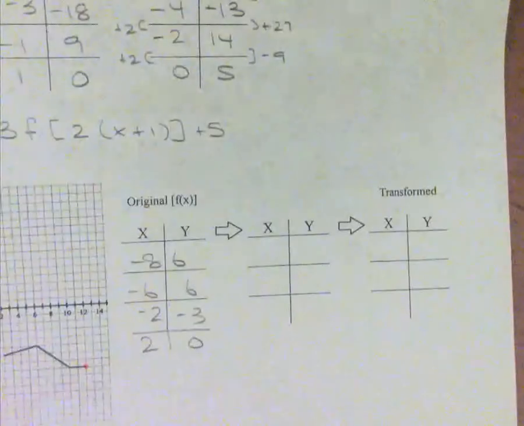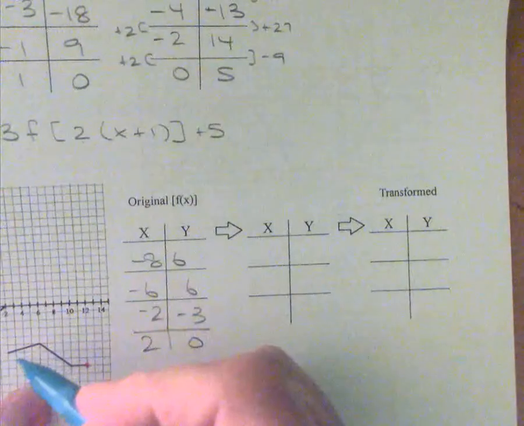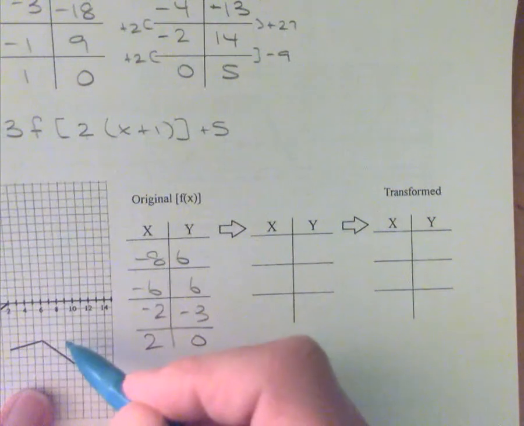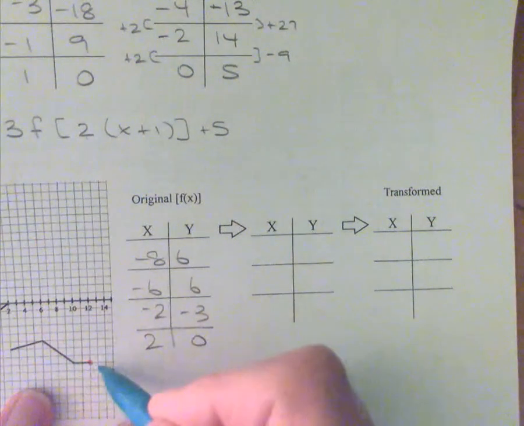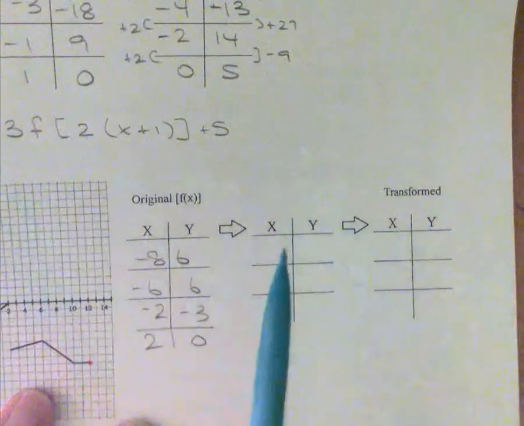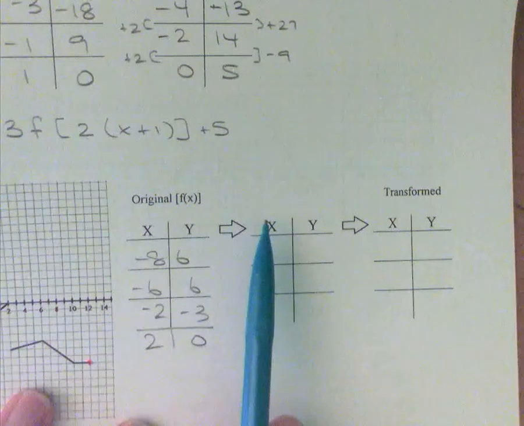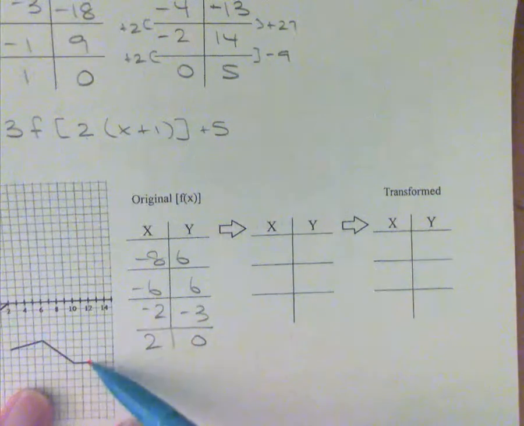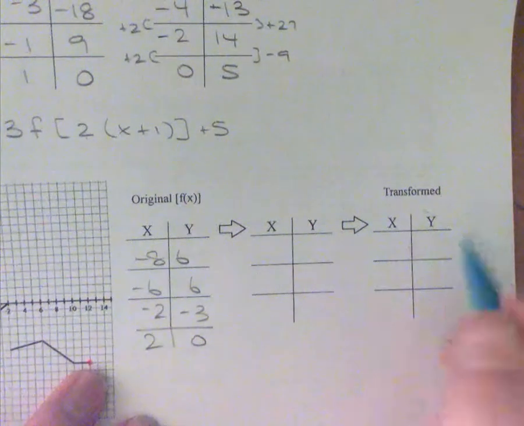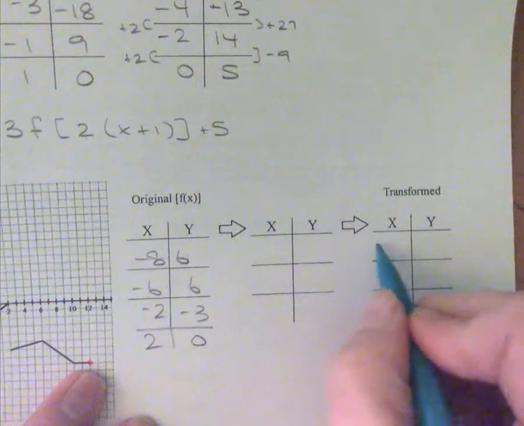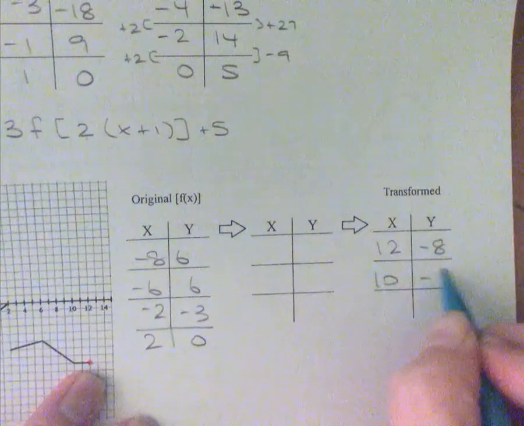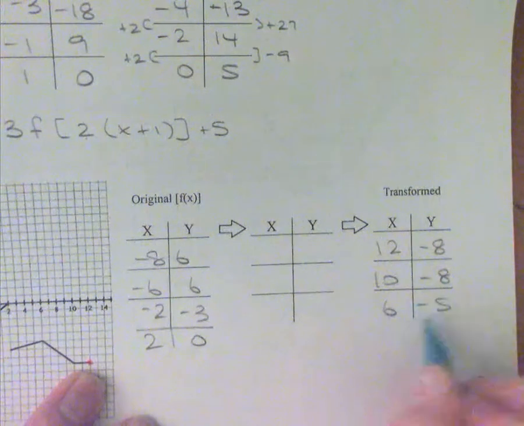And now I'm going to look at my transform function. Normally we would read a graph left to right, but this has to have a horizontal reflection in it because it's going in the different direction from the original function. So I'm going to have a minus on top of x somehow. So I have to write the points so that they match in the same direction. I'm going to start over here, and I'm actually going to have to write these ones backwards. So I have 12, -8, 10, -8, 6, -5,